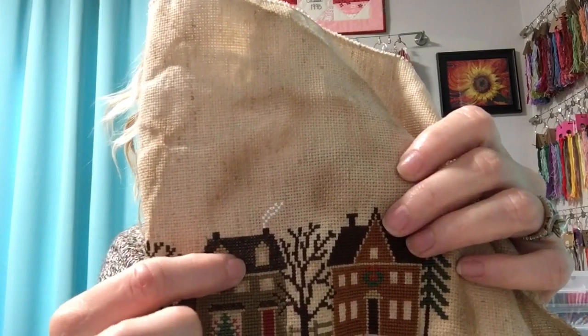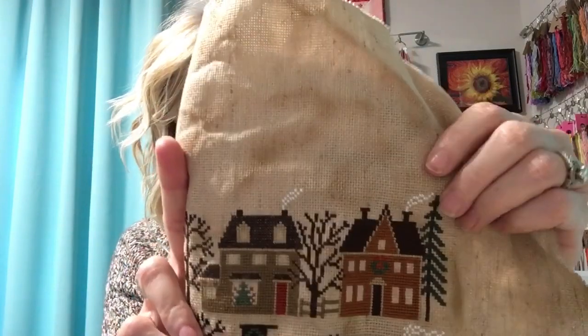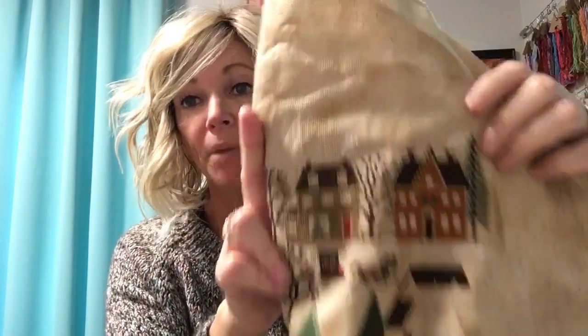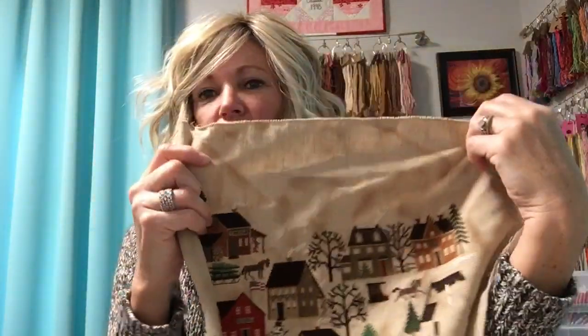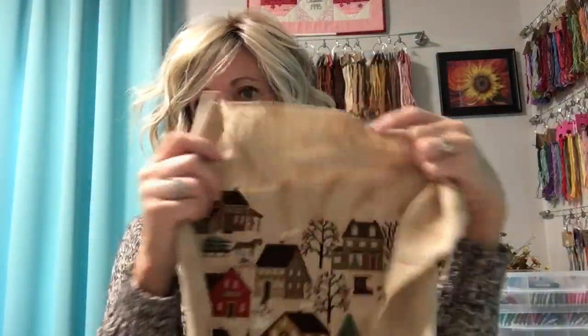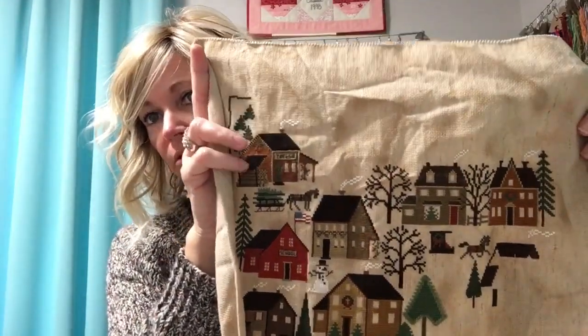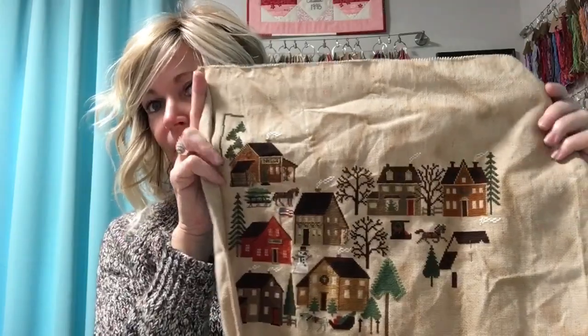So I stitched this roof with 1 strand of floss, just the dark brown, and honestly, it doesn't look too bad. Sometimes I wouldn't mind using 2 strands of floss in part of the chart and 1 strand in others. But I don't think it would look right, because all of this half of the chart is with 2 strands of floss. So I can't change it up now. But for that one house roof to be like that, I'm totally okay with it, because you really don't notice it unless I had pointed it out. But anyway,